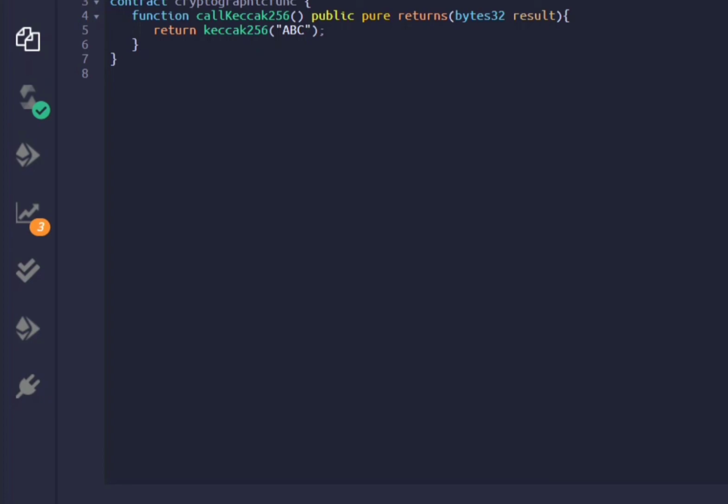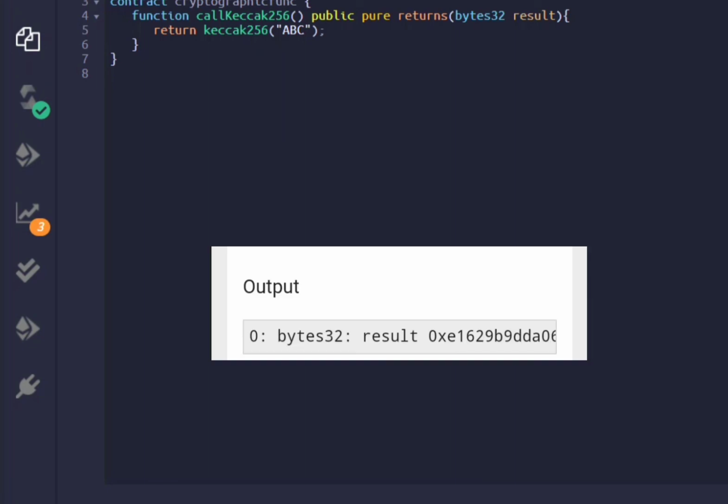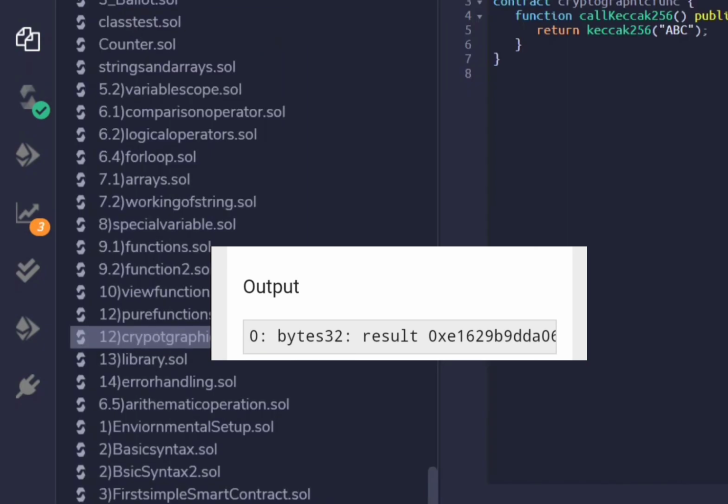It is calling this function with public pure and returns a bytes32 result. As is clearly mentioned, this function returns bytes32 in the result, and the input being given is A, B, C. So after compiling this,